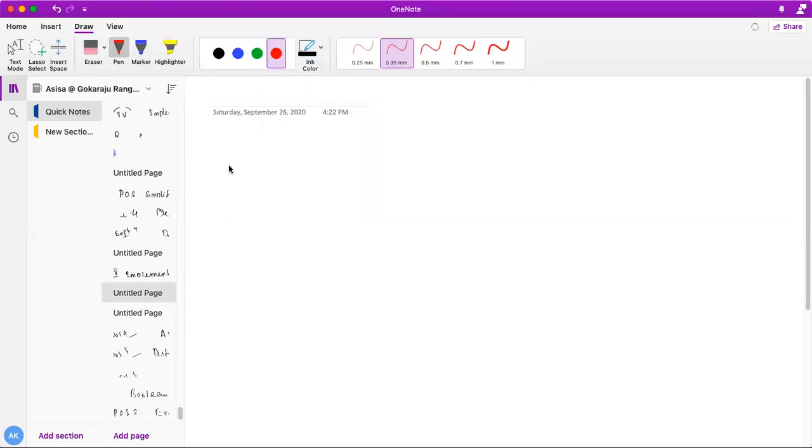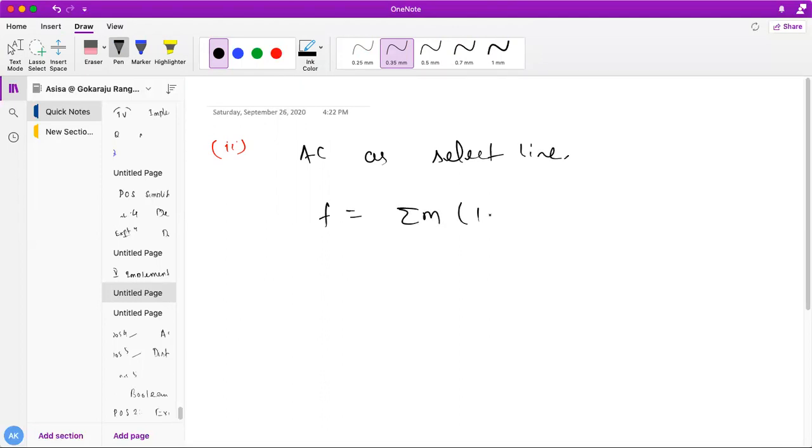Okay, so let's say the same question, but the second bit is given here. Let's say AC is the select line. So what you need to do in that case, for the same function, summation of m 1, 2, 3, 5, 6, 7, is implement it using AC as the select line. Here it is predefinedly given to me that AC will be my select line instead of AB.